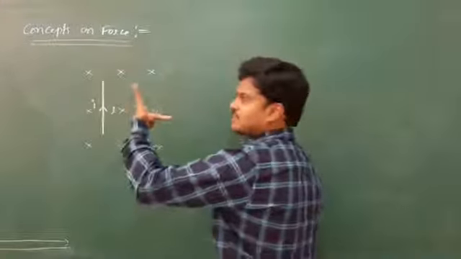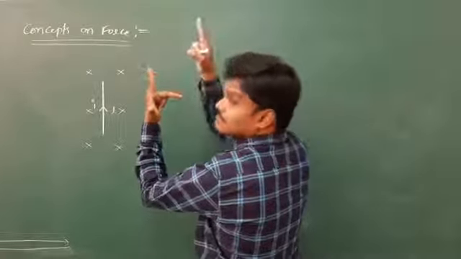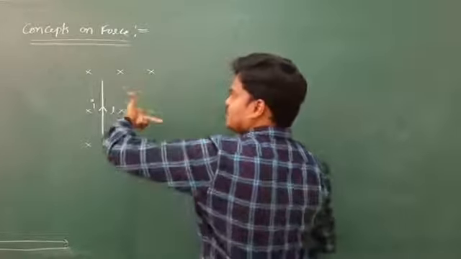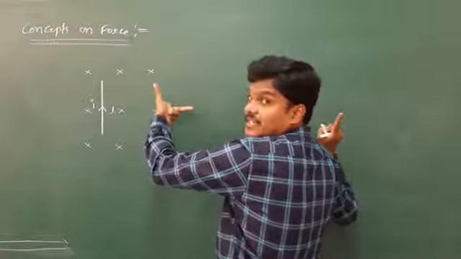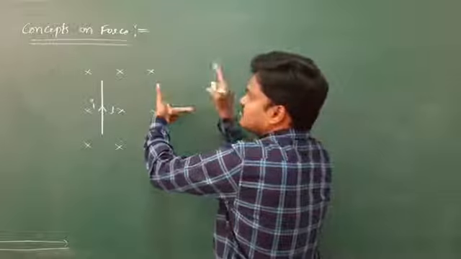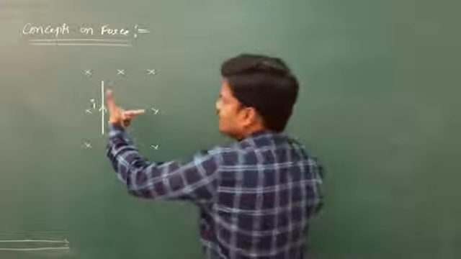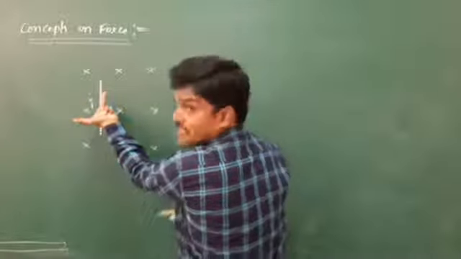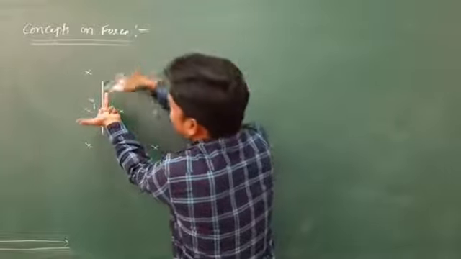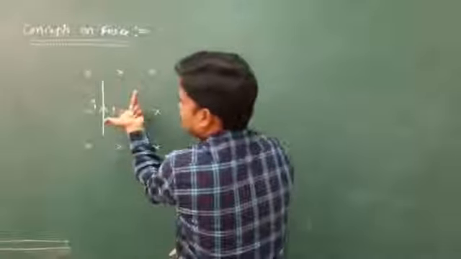If I place my hand in this manner, field is upward. Now field is into the board, and this is the motion of the charge, otherwise current, and this is the force. But see, current is moving upwards on the board. So here you place it and see current is upward. You turn the hand like this. Current is upward, then it will experience a force towards the left side. So you know all these things.